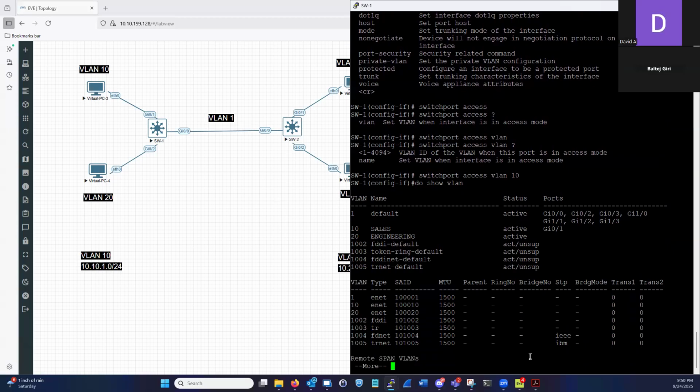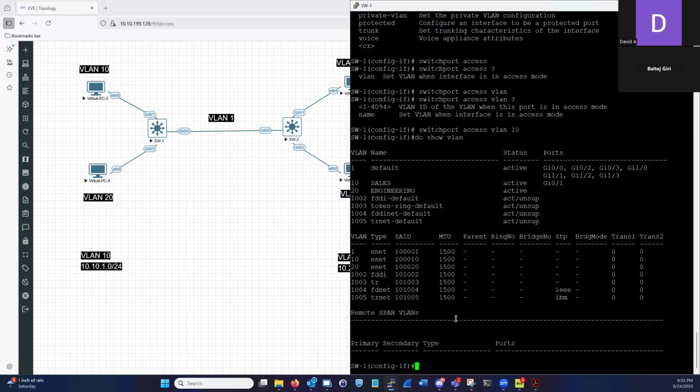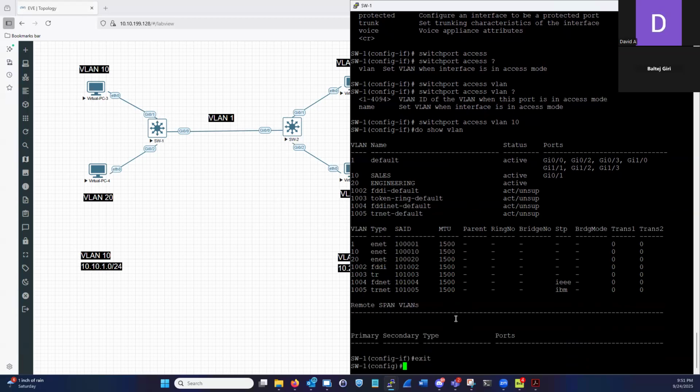So we see here, what do we see, right? If we look at our design, let's go ahead and pull out my pencil again. We see, hey, off of switch 1, virtual PC 3 is connected via gigabit 0/1. We went ahead and configured this port to be in VLAN 10. And what port is it? Gigabit 0/1. Okay. So we verified this is correct, but we're not done. We're not done. Now we need to go ahead and configure the other PC, VLAN 20, and put it in the right